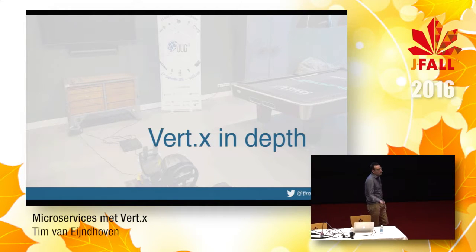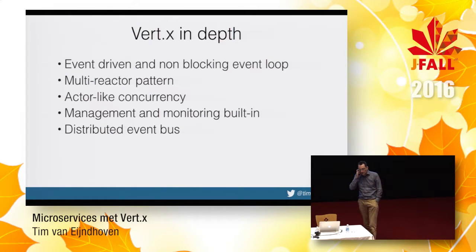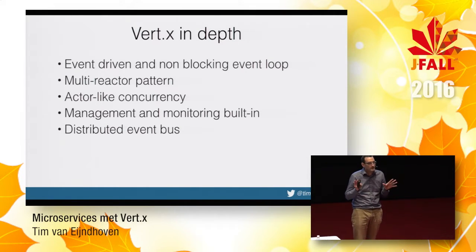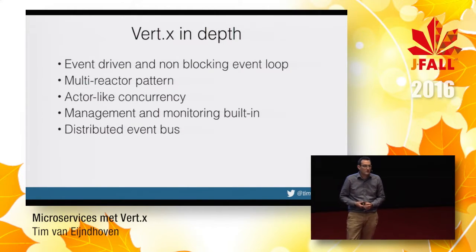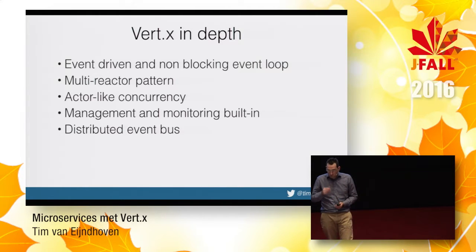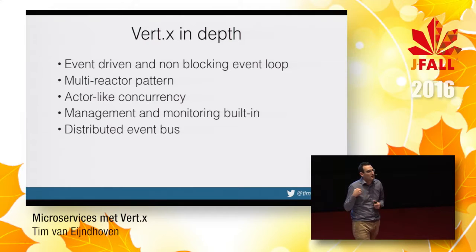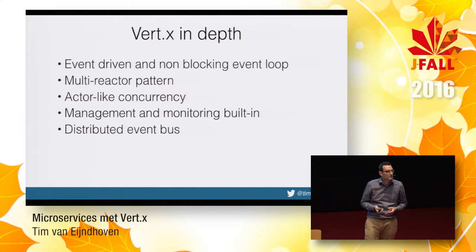So now let's take a deeper dive into Vert.x and how it works. Like I said, it is an event-driven toolkit framework, and it's based on a non-blocking event loop. Basically, this means there are event loop threads running, and whenever an event comes in, the event loop will handle that event, but it requires you to do this in a non-blocking fashion, so that it spends the shortest amount of time processing the event, and then it can continue on processing the next event. And this is called a reactor pattern, which is a pattern that you might know from